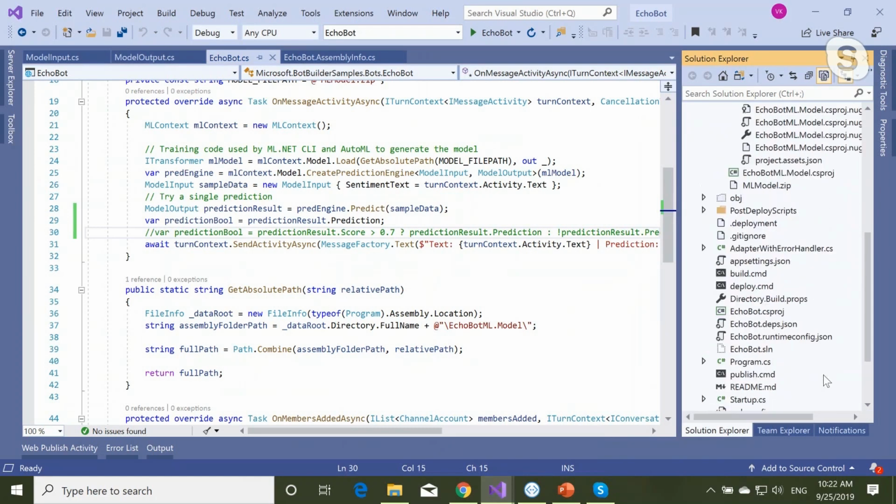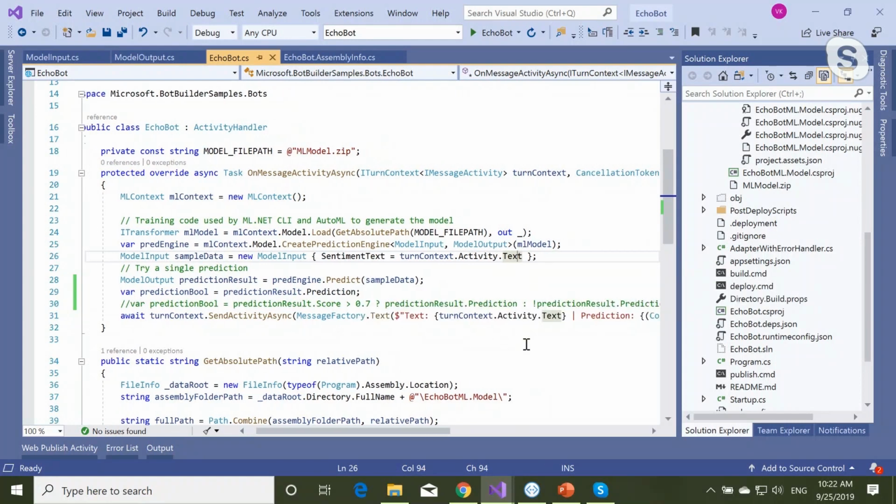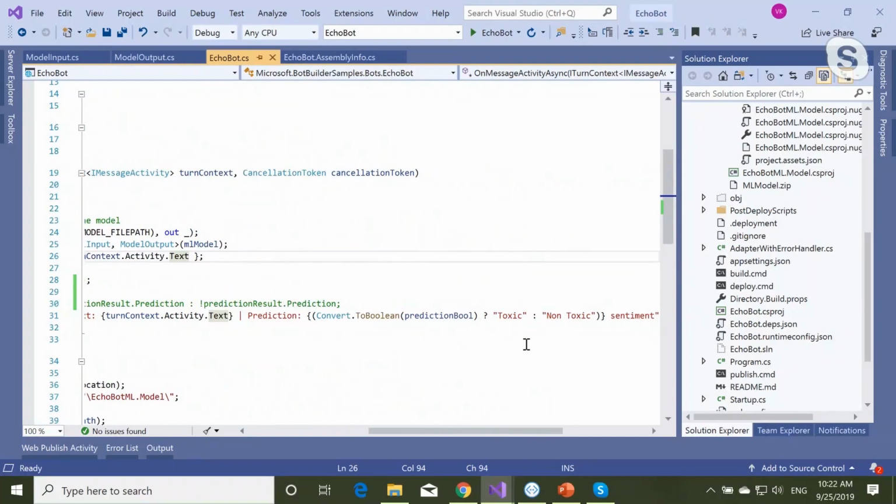And also there will be a console app for you to test. I copied actually pretty much everything from that console application here. So here I am loading the model, and then I'm passing the text that user enters, and then passing it to the model. And then based on the text, model engine can predict if it's toxic or non-toxic.